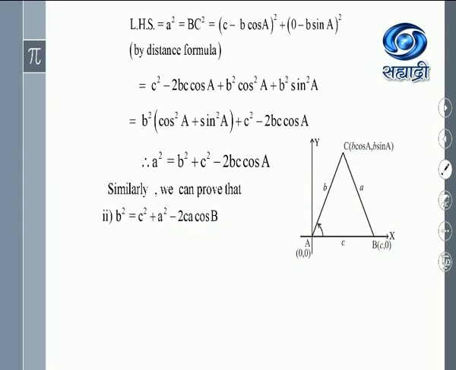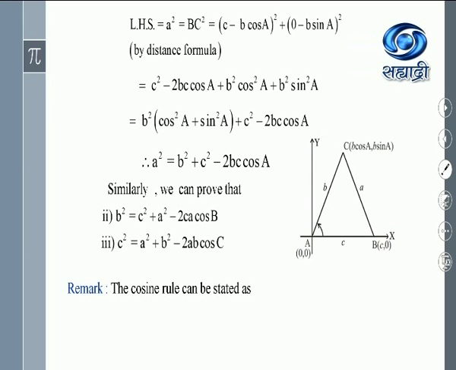See, if you feel some rhythm is there when you say these formulae, B square is equal to C square plus A square minus 2CA cos B, right? The third one is C square is equal to A square plus B square minus 2AB cos C. So in exam, they may ask A square is equal to B square plus C square minus 2BC cos A, or they may ask the proof for the second or the third statement. So this is a very important proof, may be asked for 3 marks.